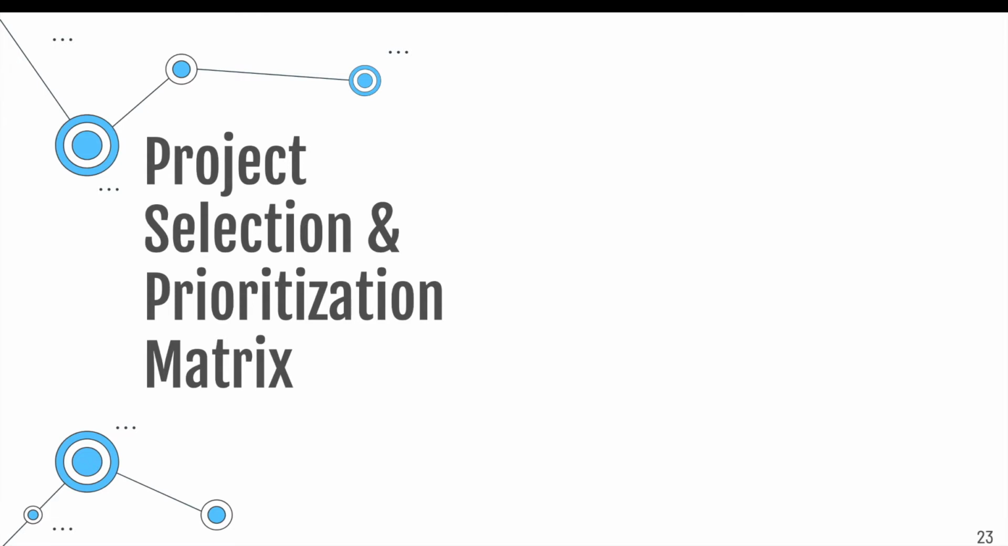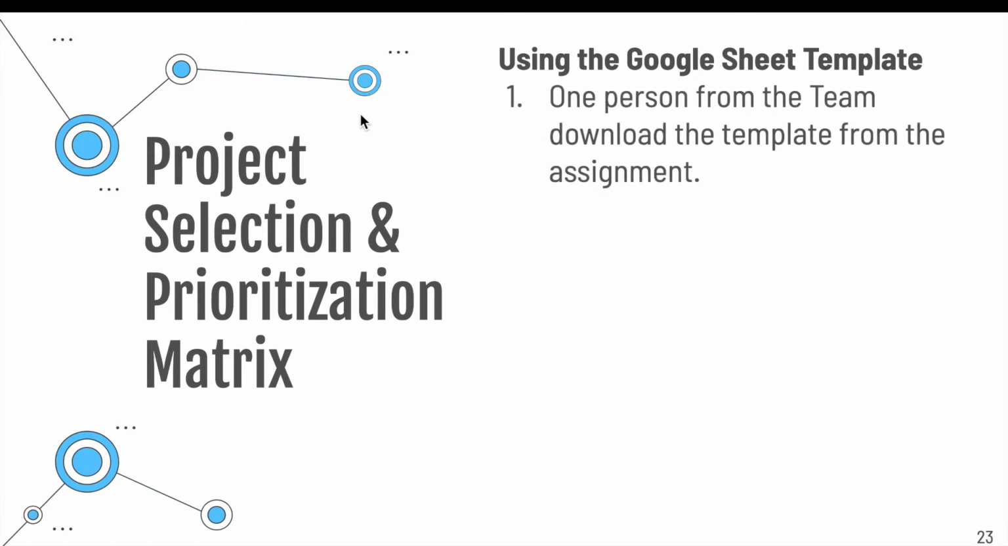Let's talk about the project selection and prioritization matrix. How do we complete it using the Google Sheet template I've provided? Follow the following steps. Go to the Google assignment, have one person from the team download a template from that